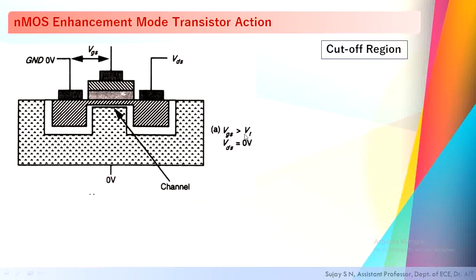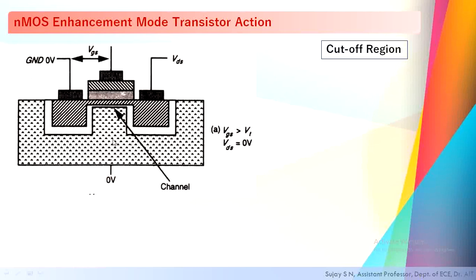Threshold voltage is the required voltage to create the channel between source and drain. We need to create the channel between source and drain so that current is going to flow between the two active regions. How this channel is going to be created is the question here. When we apply a positive voltage from the gate terminal, whatever the amount of gate voltage we apply, that amount of negative charge is going to be attracted from the substrate towards this region.